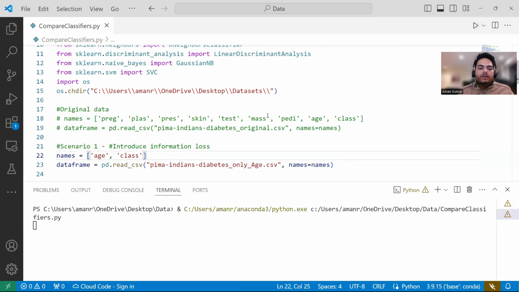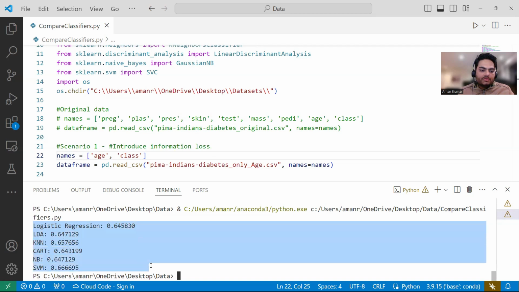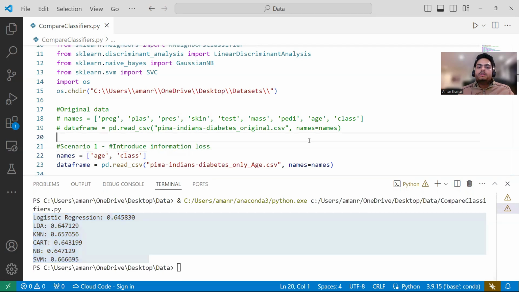At the moment I say run, you will see that all the models' performance will start coming down. If you remember, previously it was in the range of 77, 76, 75. Now all the models' performances have started coming down: 64, 64, 65, 64, 64, 66. What is the reason for this? I just want you to understand the reasons for all the scenarios. The reason is that every time you take some information out from a model, from the learning, your model performance will come down normally. That is what scenario 1 is trying to tell you.